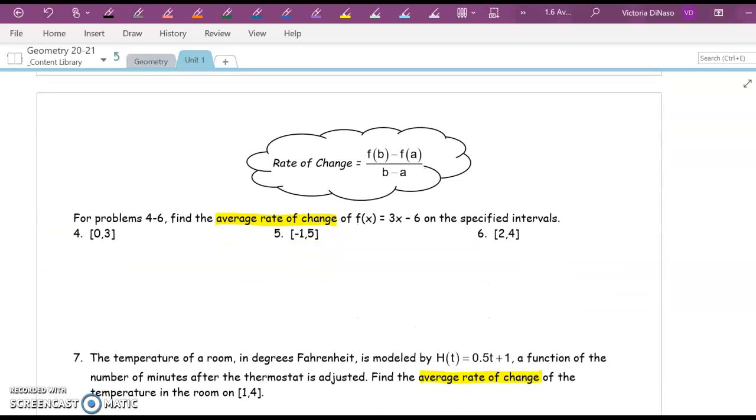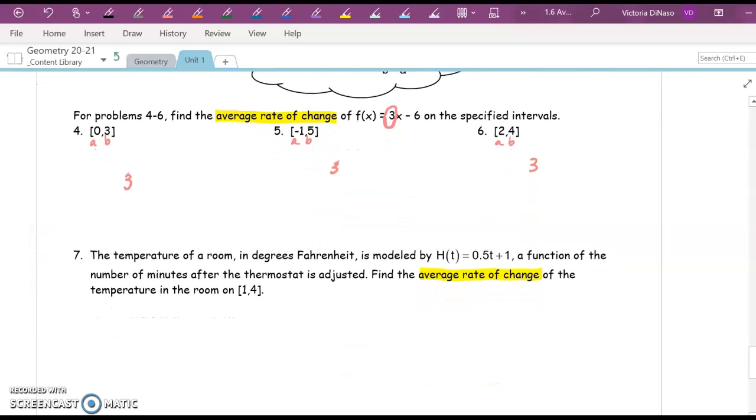In numbers 4, 5, and 6, we're talking about average rate of change, which again just means slope. So if you think back to the very first page of notes in activity 1, that m represented slope. Well, slope also means average rate of change. So we can do y2 minus y1 over x2 minus x1. Or in this case, since we have f of x equals 3x minus 6, this is written in slope-intercept form, where 3 is the slope, which means that 3 is going to be my answer for the average rate of change for each of my intervals. So these are given intervals. We have AB, AB, AB, and I'll show you exactly what I'm talking about in number 8 with these intervals